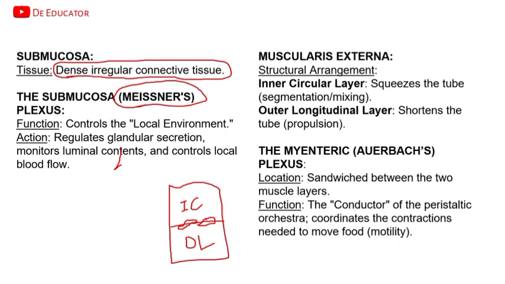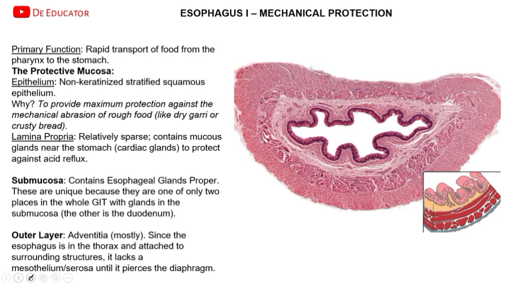So what is their function? Their function is for motility. You know, muscles generally carry out the function of movement, motility. So submucosa is related to secretion, then the movement is controlled by the myenteric plexus. We are going to look at the individual